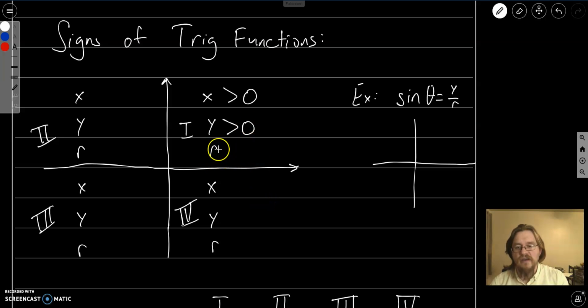And r is always the distance from the origin to some point. So r is just going to be positive as well. Distances we will consider to be positive. So in this first quadrant, I know that sine is going to be y divided by r. So for example, the sine of any angle that happens to be in this quadrant, so for instance this angle, or this angle, or even something really close up there, or something really close down there. All of those angles, because y is positive and r is positive, that means the sine is always going to be positive